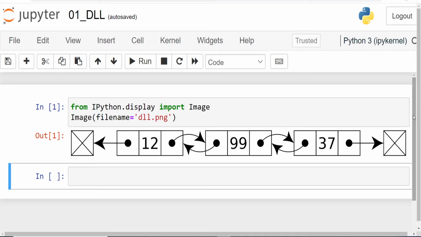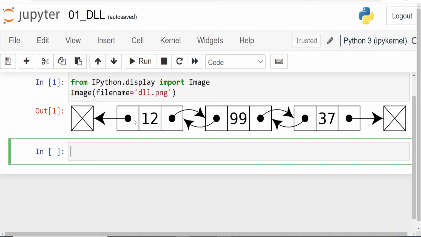So let us begin. We know that we can create singly linked list with Python. So doubly linked list is similar to singly linked list. The only difference is that in singly linked list we have only one pointer going in the forward direction. In doubly linked list, the node has got an additional pointer that points to the earlier position. So in singly linked list, we have only two fields, that is self.data and self.next. In doubly linked list, in the node, we have three fields. The third field is self.previous.